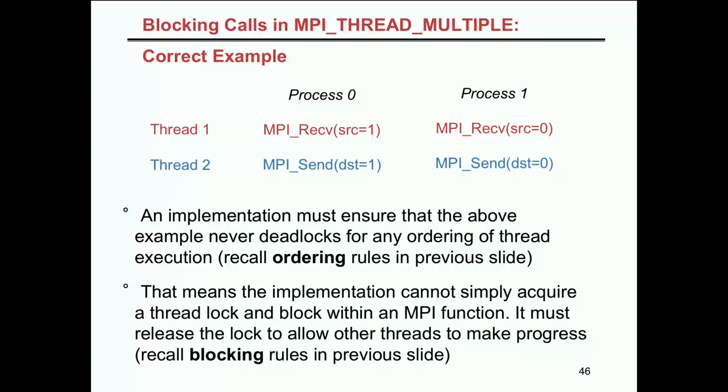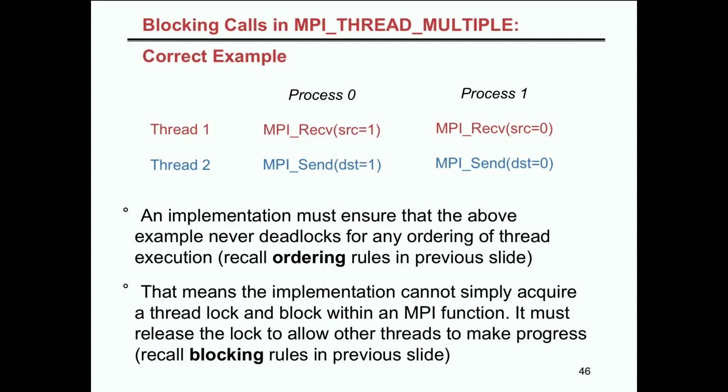So here's the correct example. So this might look, so thread 1 in process 0 is trying to receive a message from process 1. And thread 2 is trying to send a message to process 1. So this is not incorrect because